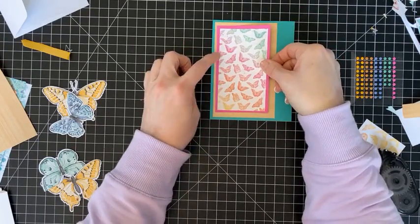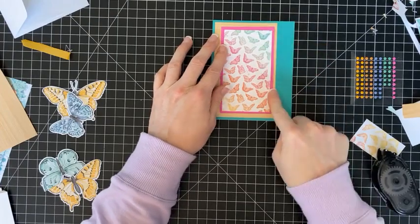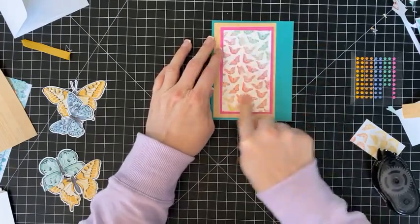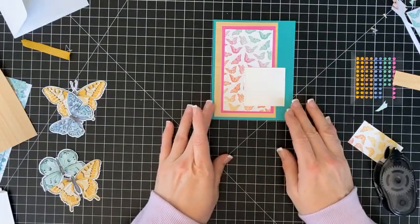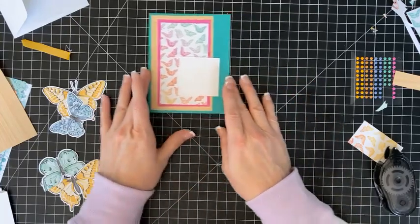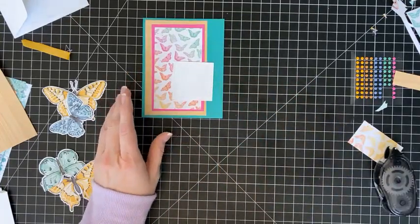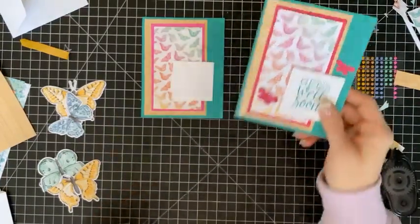And instead of putting it here, closer to the edge, I'm actually putting it closer to this edge. Okay, so here's my square that will go here. Now on the card, what I've done is I've stamped in Bermuda Bay